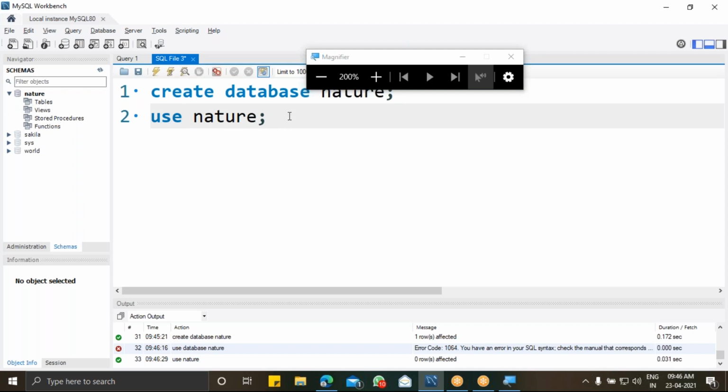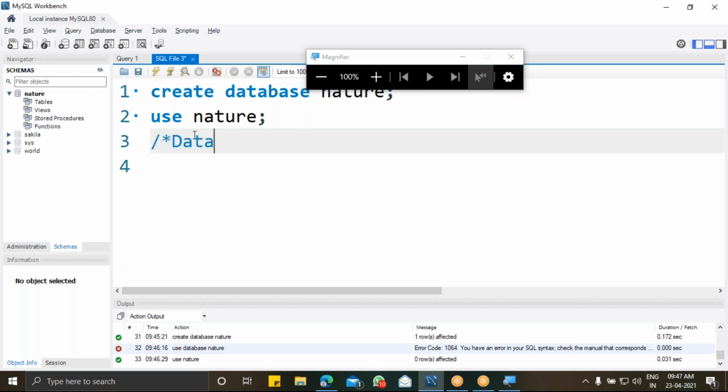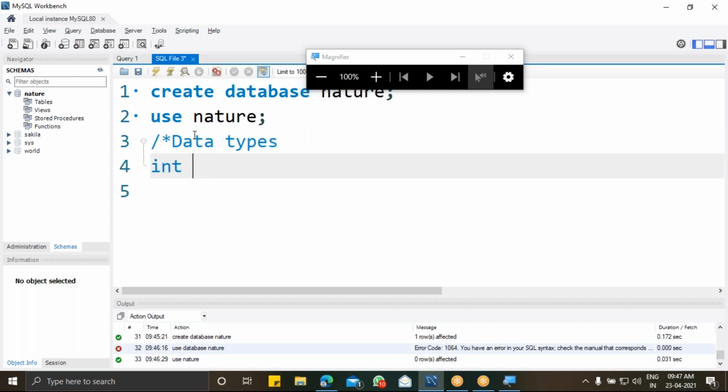Yes, so now we are going to create a table. Tell me some table name and the fields to be inside the table, and we can create it. Also before that, we should know the data types that are available here. So I'm using a command line. Data types: we have int, tinyint, smallint, blob, like that.